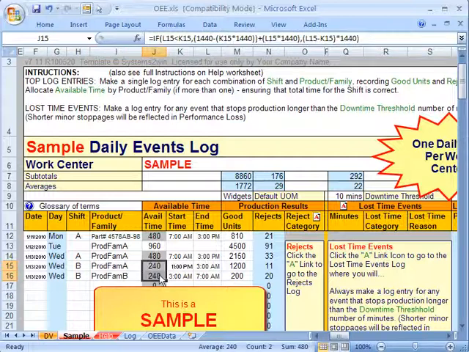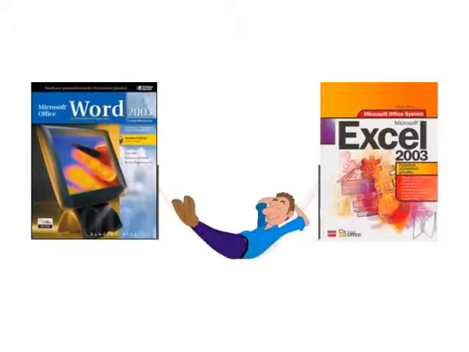And then it's your responsibility to make sure that the sum of the available time for those split product families equals the total available time for the entire shift, which is made a whole lot easier by Excel's standard feature, where down here at the bottom, whenever you highlight more than two cells, Excel will always tell you the sum of your highlighted cells. Isn't it nice to be using a template that uses all the familiarity of the most popular software in business?